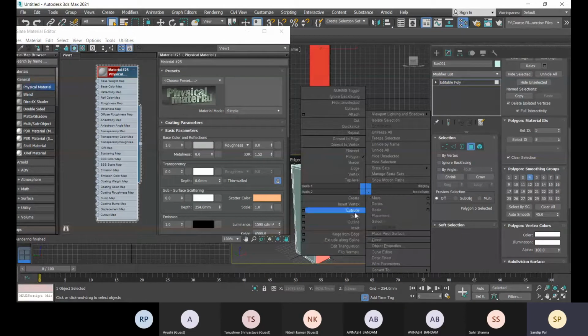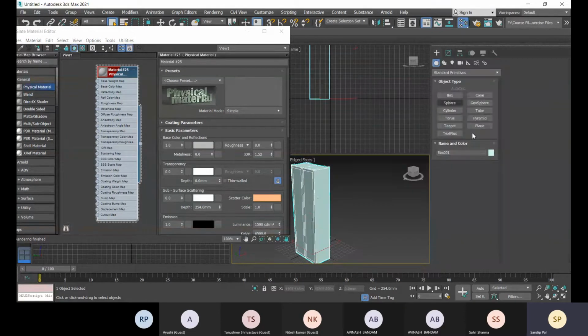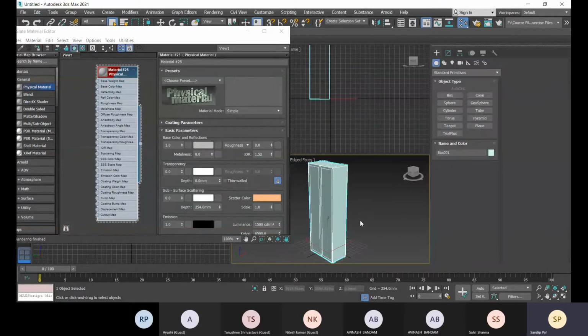For that, select this object. The object is selected, and now for this material we have assign material to selection. Now see, the color has changed according to this color. This way you can assign the material to the selection, or else you can drag this output and drop it onto the object.